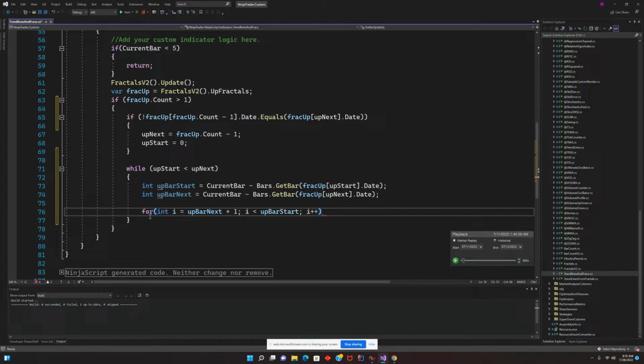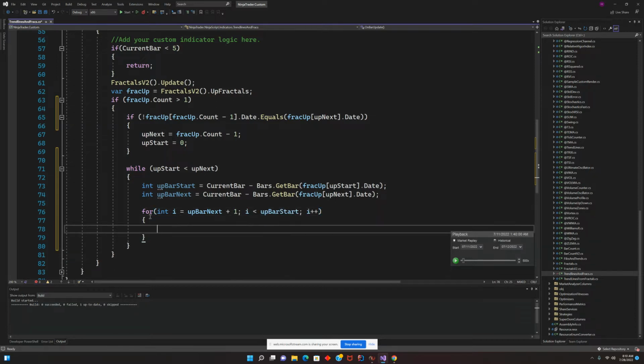I is less than up bar start. Then I'm going to say if below low of up bar start less than the low up bar next. Right? Now,